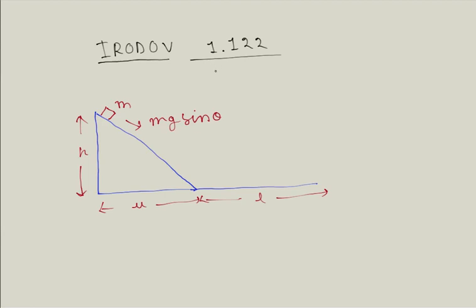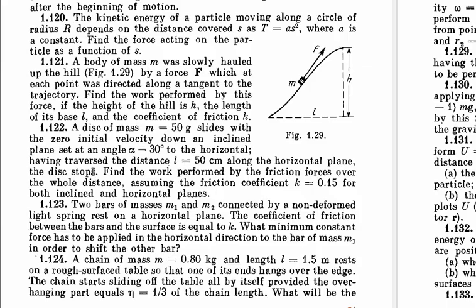In this video I will solve question number 1.122 from Problems in General Physics by IRODOV. First, let's look at the problem. First of all, I would like to tell you that to solve question number 1.122, it is necessary to solve question number 1.121 because I will use some result of this question in the current question. You will get the link to this solution in the description below, and I will now continue with the current